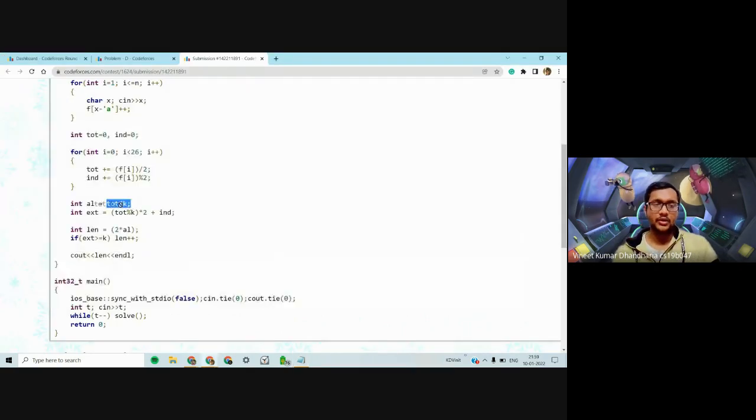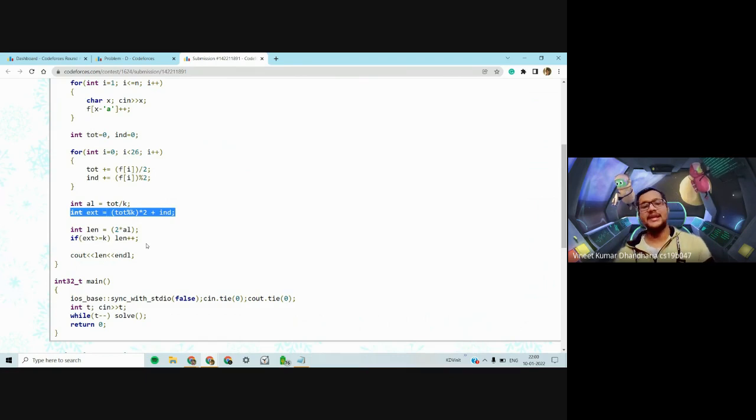So we give total by k pairs to each of them. After that, we would be left with total modulo k pairs, and we multiply it by 2 because these are pairs. So we would be left with these many extra characters, along with the individual characters that were there. These are the total number of extra characters we have after this assignment.